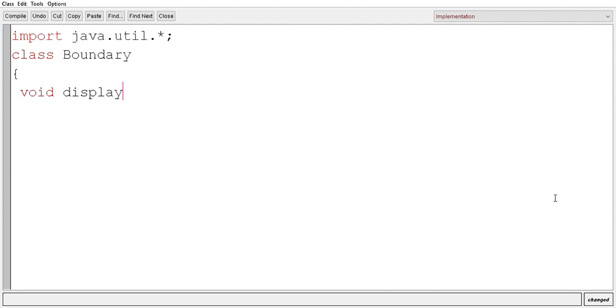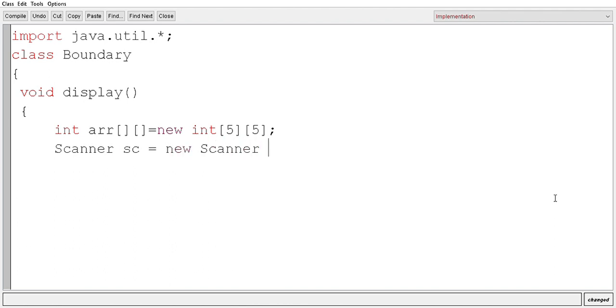and here we are declaring an array int arr of size, say 5 by 5, as it is being asked in the question. Now what you have to do, you have to define the scanner object, Scanner sc = new Scanner(System.in). After that you have to give a message to the user, System.out.println, to enter the elements